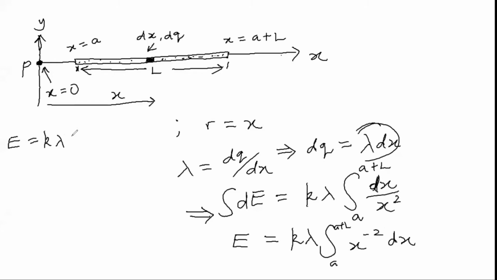It gives me x to the power what? Negative 1, because minus 2 plus 1 gives me minus 1. And then over the answer that I found here, which is minus 1. The electric field will then just be equal to minus K lambda